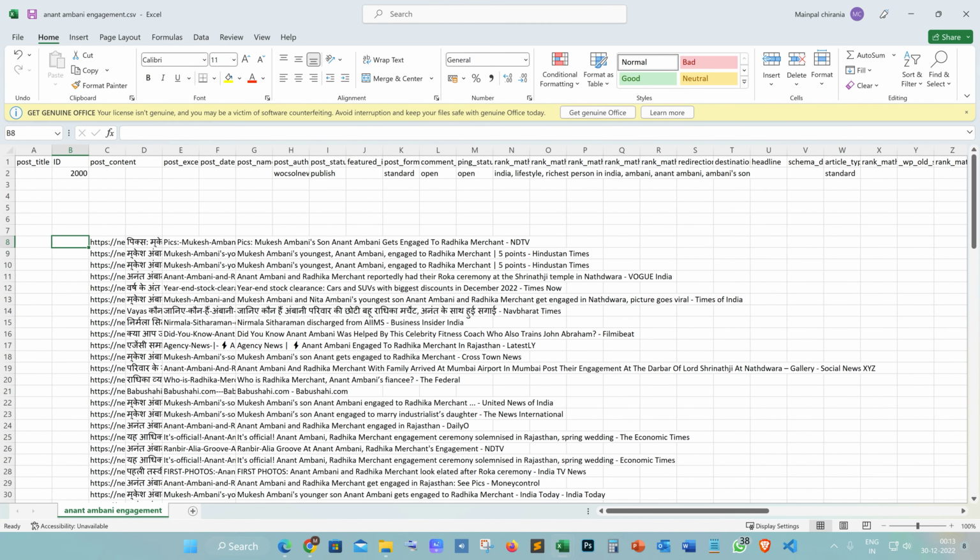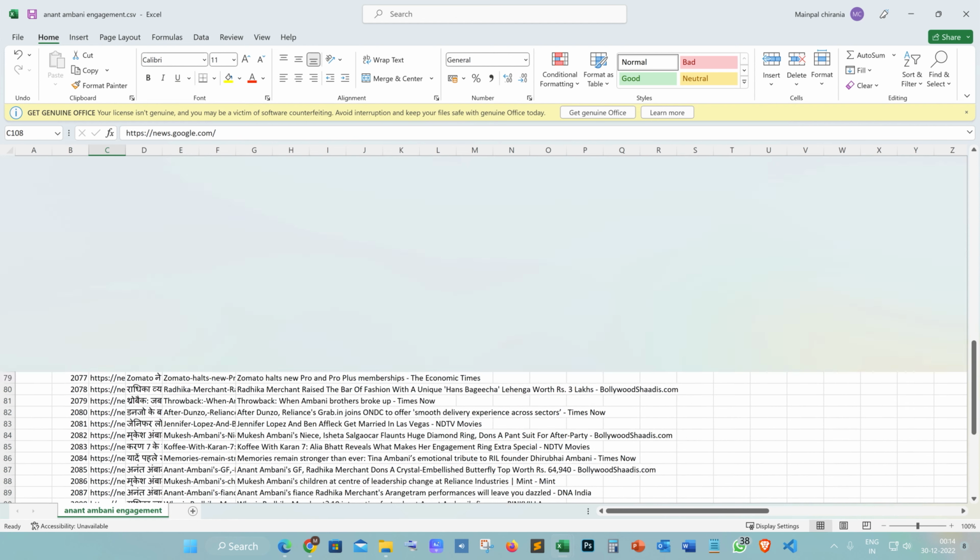Next, let's complete the post ID columns. Post ID must be unique. You should check your database to check the last ID, and then you can serialize from that number. After completing post ID columns,